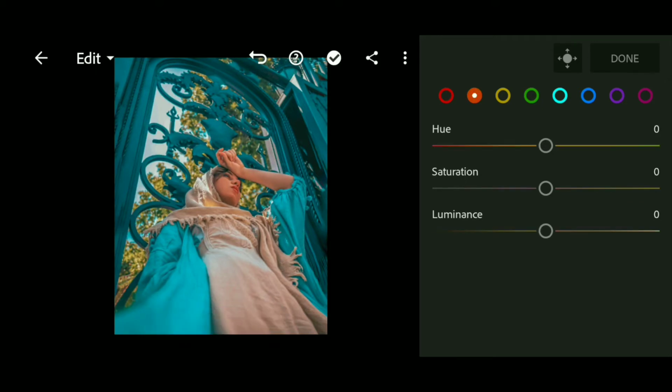then orange, saturation to -40, luminance to 30, next to yellow, saturation to 18, then green, hue 14, saturation -20, luminance 20,